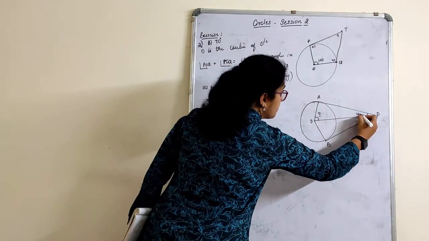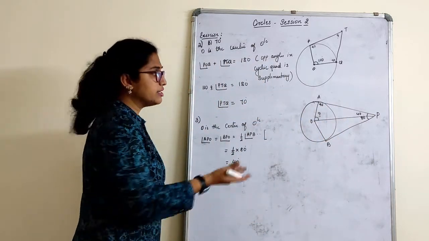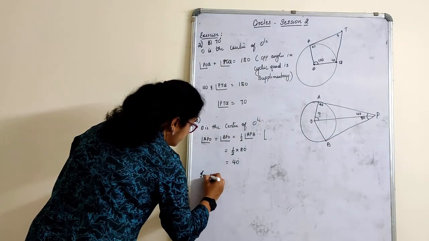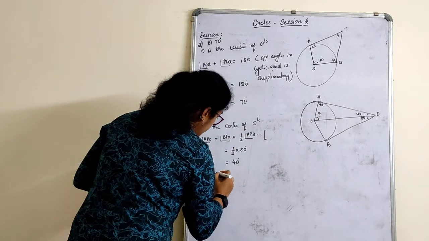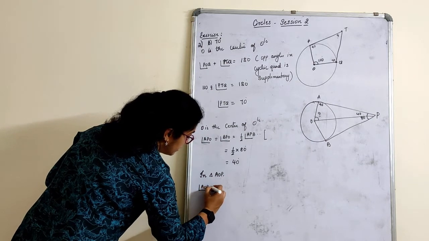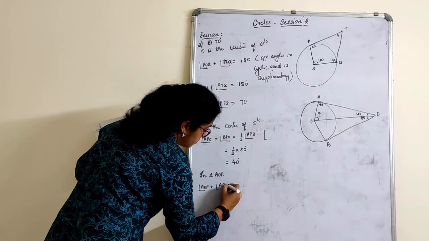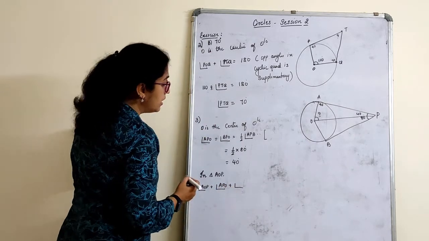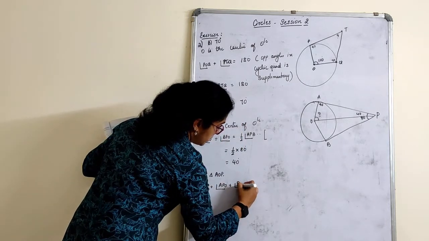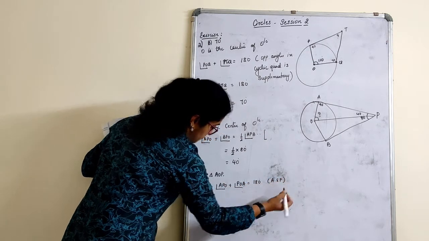So now this is 40, this is 90. Can I find this very easily? I can use the angle sum property and find that. Next, in triangle AOP, angle AOP plus angle APO plus angle OAP, they have given POA. Okay. POA plus the other angles is equal to 180, by the angle sum property.